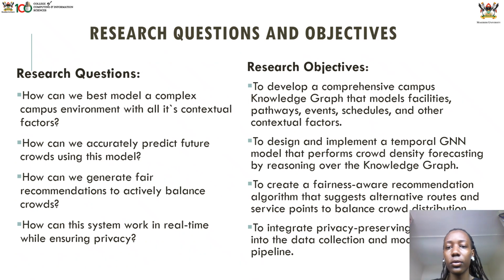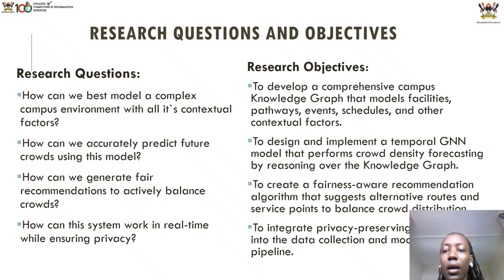So moving on to our research questions and objectives. The research questions were basically how we can model this complex environment, how we can accurately predict these crowds and also generate fair recommendations, and how our system can work in real time while ensuring privacy. And our research objectives are to develop a comprehensive campus knowledge graph that models these different facilities, pathways, and